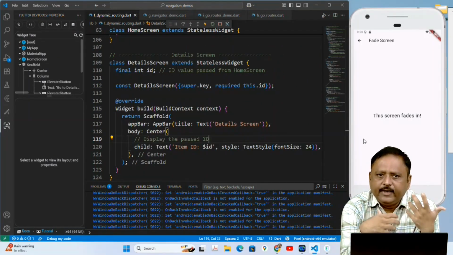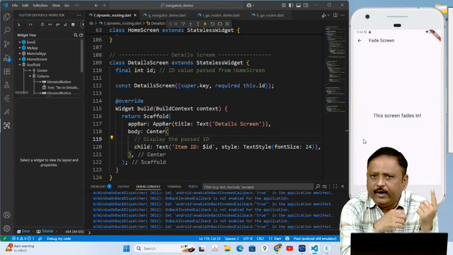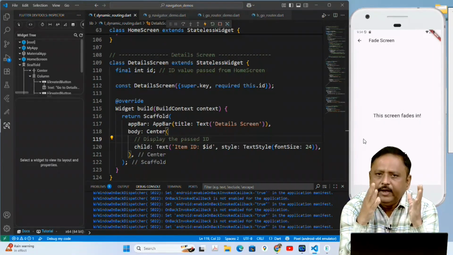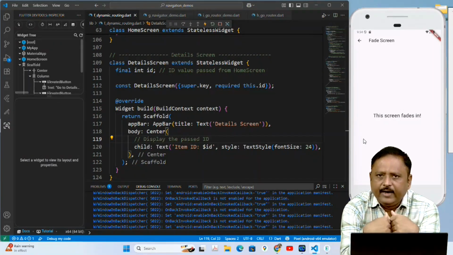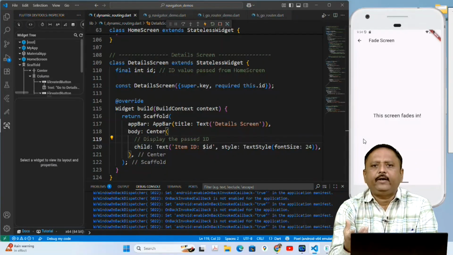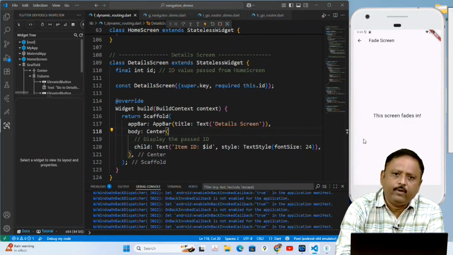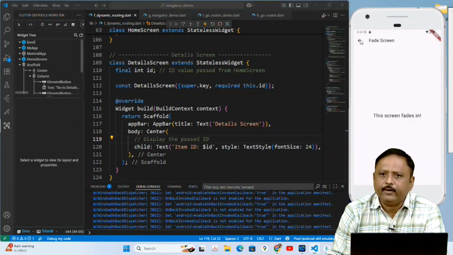We define class DetailScreen which extends StatelessWidget to display the detail screen, and inside that we define one integer value which is id, and inside the constructor we must get that id, so we define a required parameter id. And inside the build method we return Scaffold with title Detail Screen that you can see here.